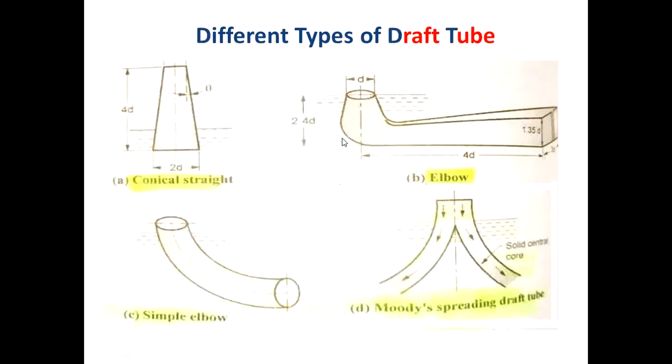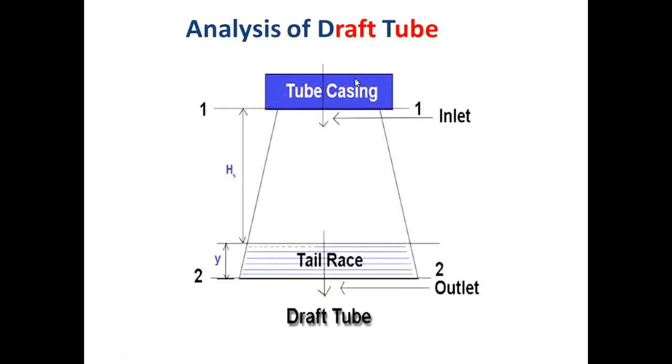These are the different types of draft tubes. This question will be asked in examination for 4 to 6 marks. Please write the draft tube sketch I showed earlier, and the next sketch, no, don't write the earlier sketch. Next sketch: conical elbow, simple elbow, and a Moody's spreading draft tube. Pause the video and note down the sketch. While practicing all the derivations in turbo machines, you must use pen and book, then only you can understand. When it is asked, you please write this draft tube.